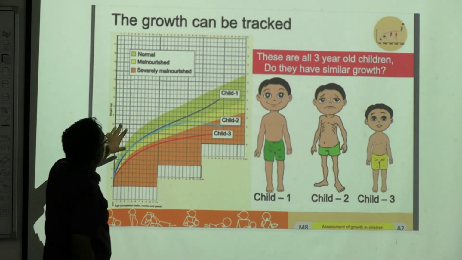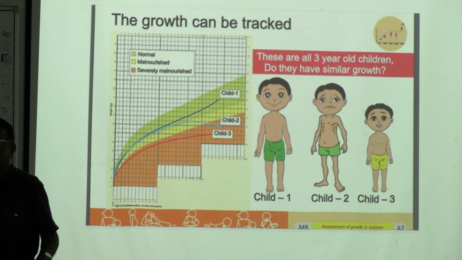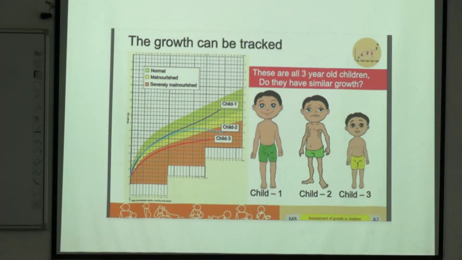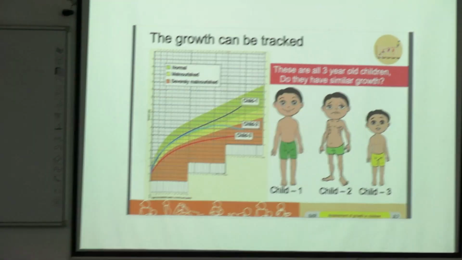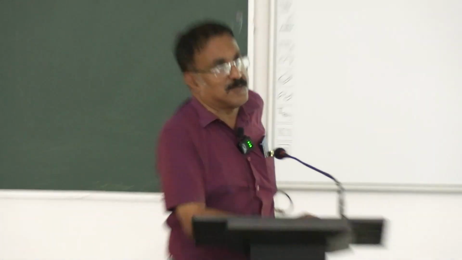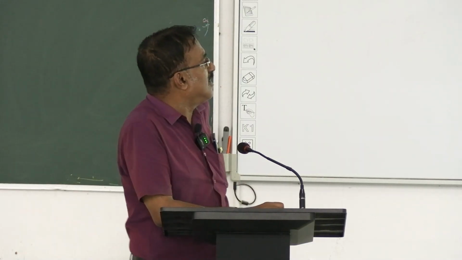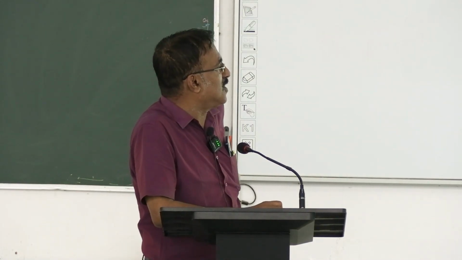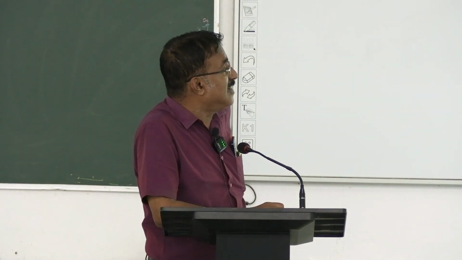And this is for now, having taught this thing. Now tell me what is wrong with this thing. The growth can be tracked: normal, malnourished, severely malnourished. So here, what is happening in child number 1, child number 2, child number 3? Tell me, what is child 1? Child 1 is what? Child 1 is